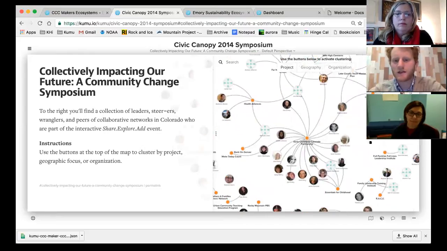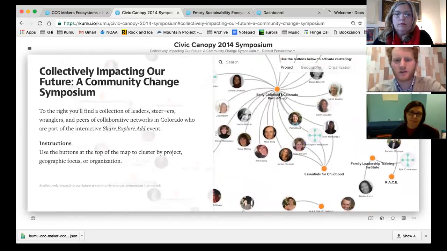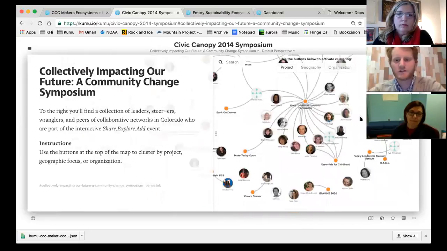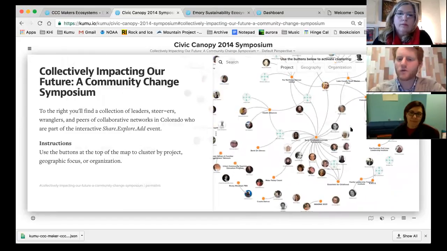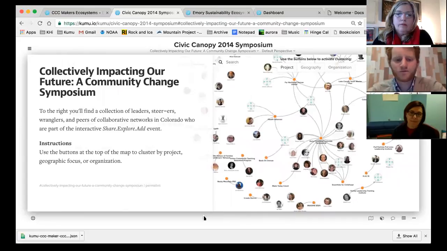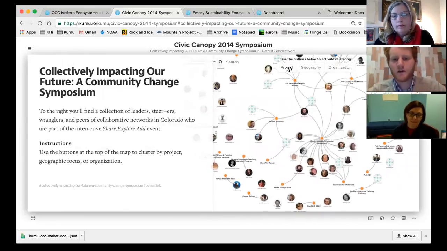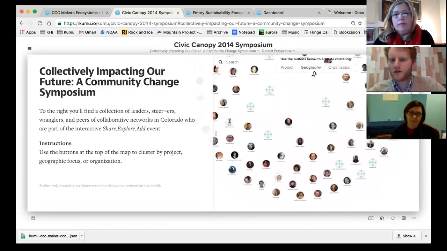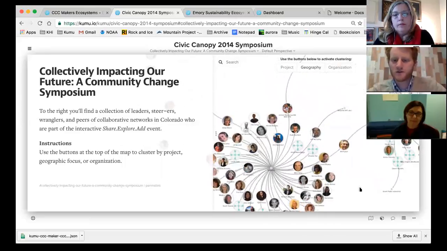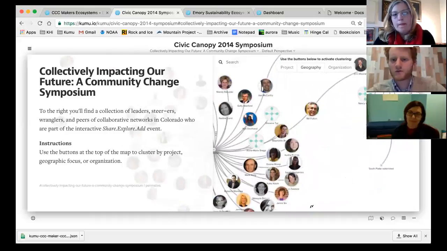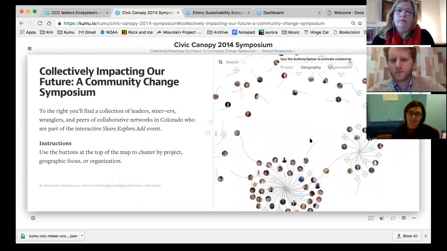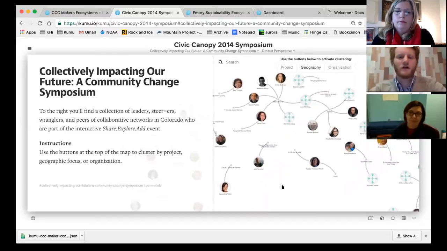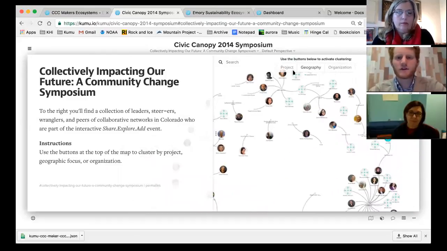So now we can see which individuals are a part of both the Early Childhood Colorado Partnership and the Essentials for Childhood project. So this is a functionality called clustering that we'll be working with a lot in this project itself. You can also, if we were to undo that cluster and then do one of the others, now we can start to see where some of these individuals are. Statewide, this one is the Front Range. Then there's a little bit less of a metropolitan Denver area, and Denver itself have a bit fewer individuals. So that's just two ways, but